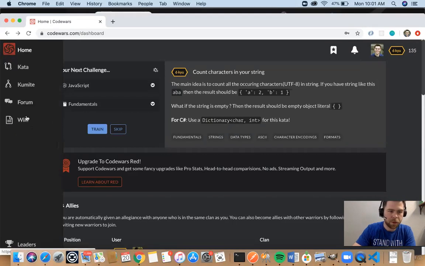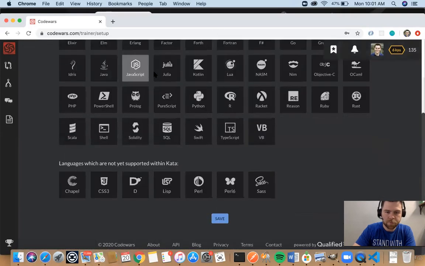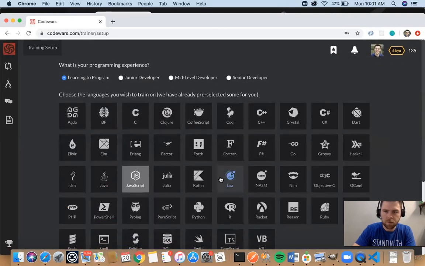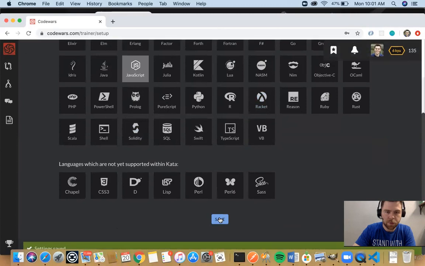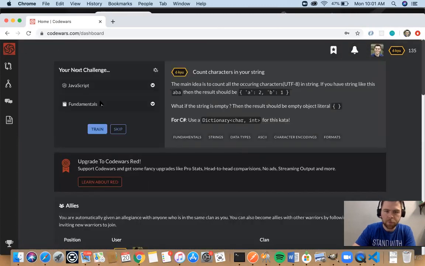How do I want to pick kind of like a random level 7?